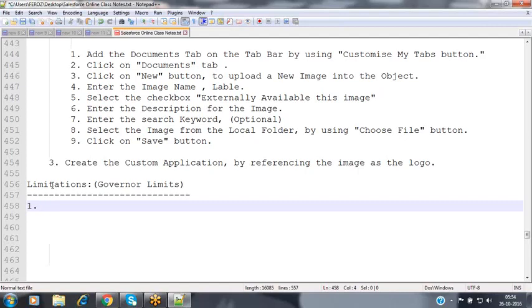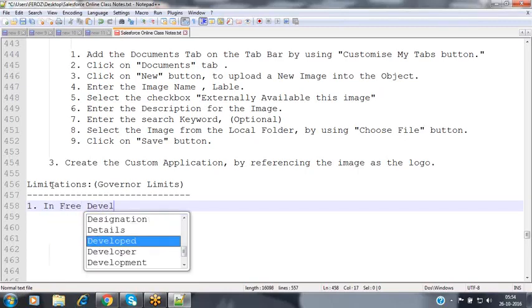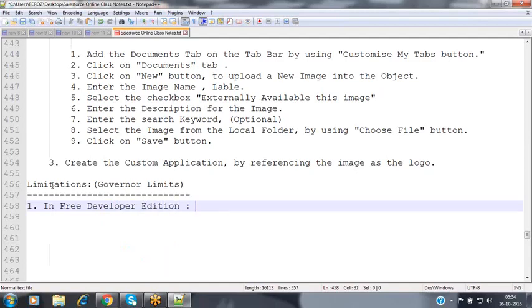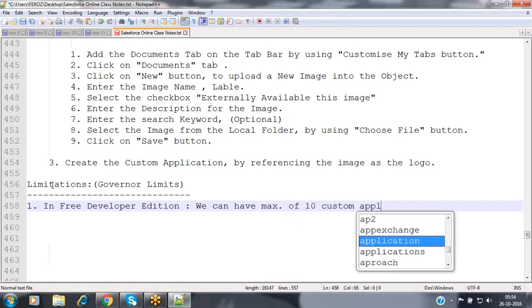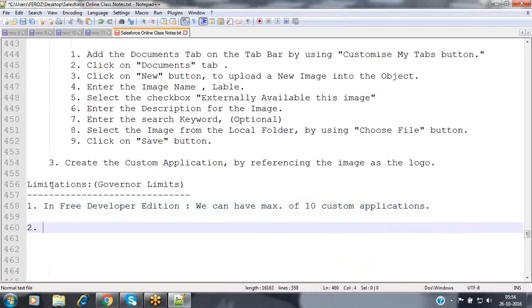When coming to applications, in the free developer edition, we can have a maximum of 10 custom applications, not more than that.